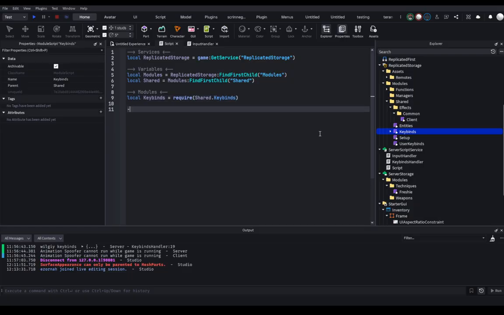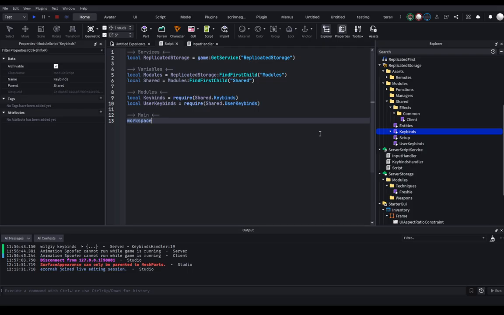You can do verification later where you add it into their own keybinds. I might as well just require it here for you to do later if you actually want to do that. It is a little tiny bit of work every single time you update the data. You have to change the server keybinds as well as the client ones, but basically you want to make it so that